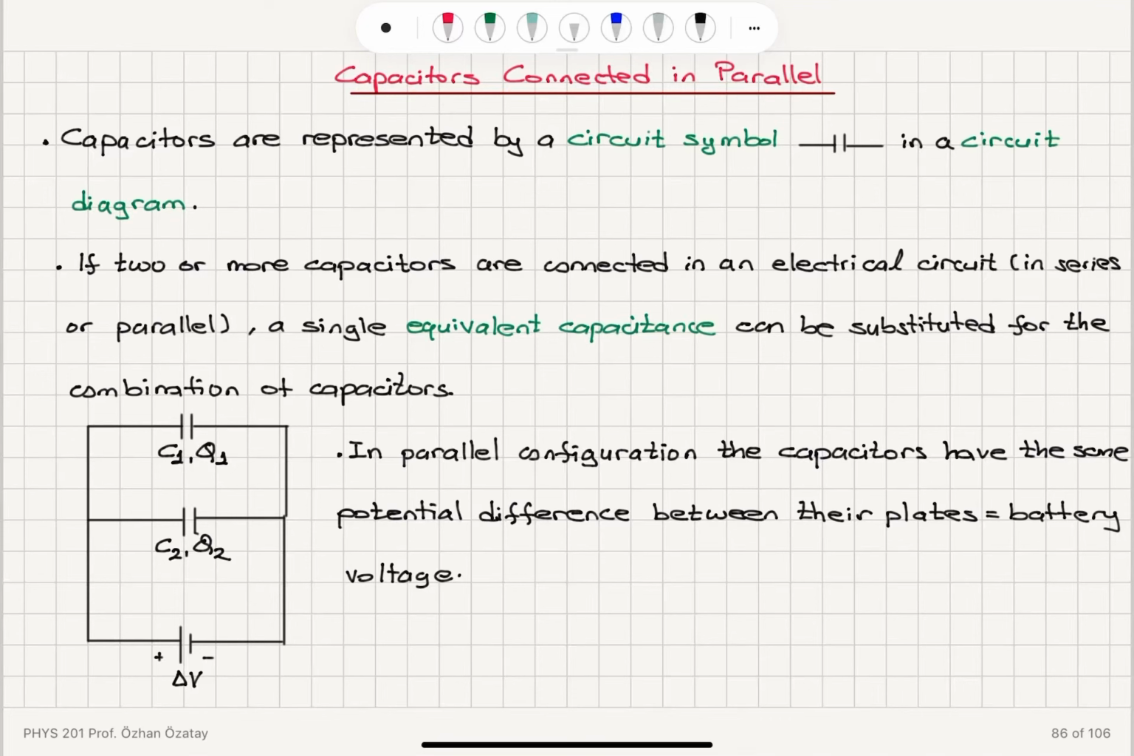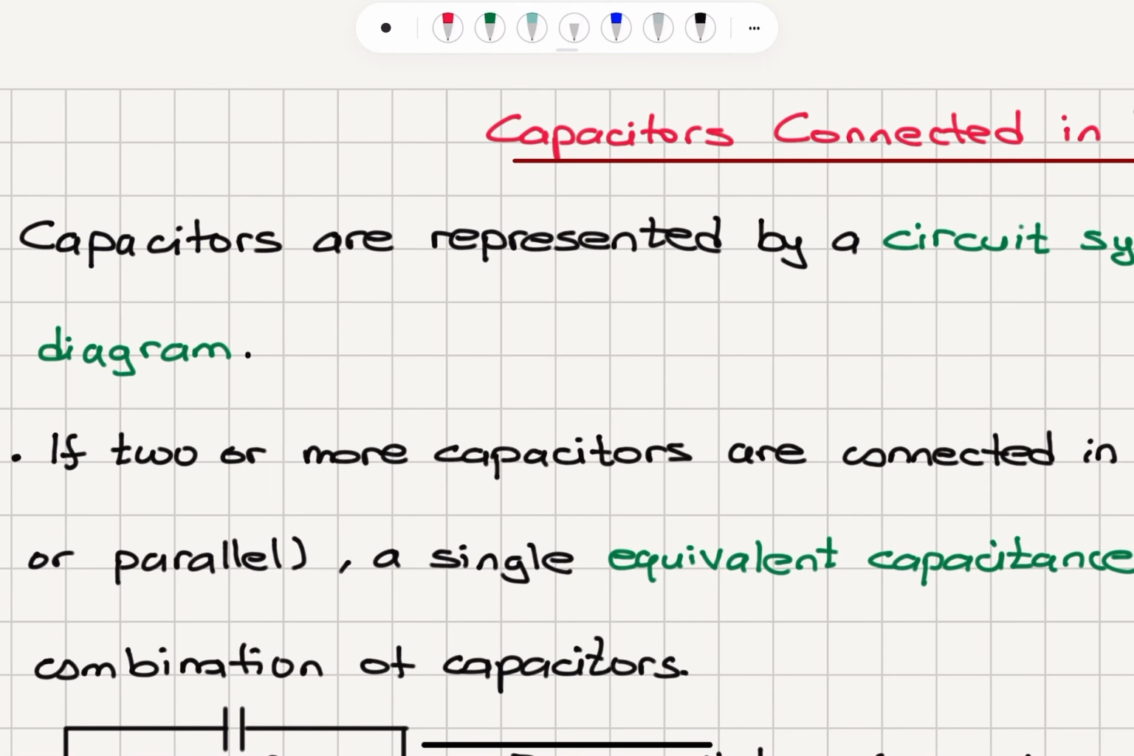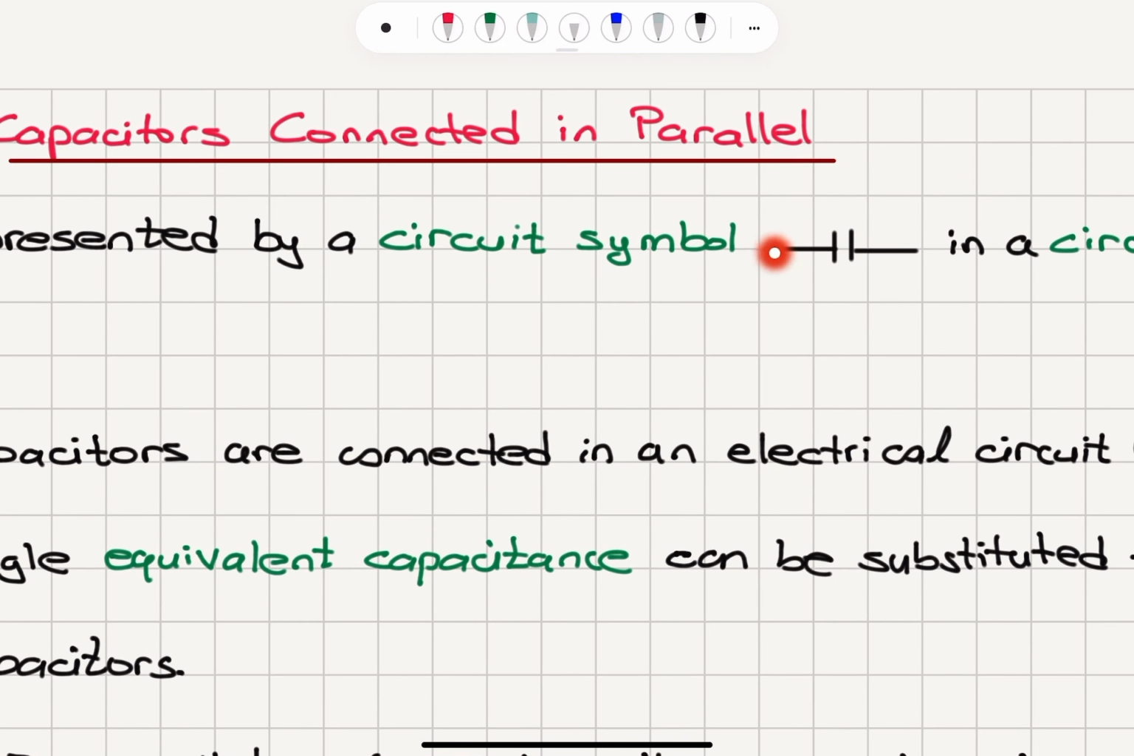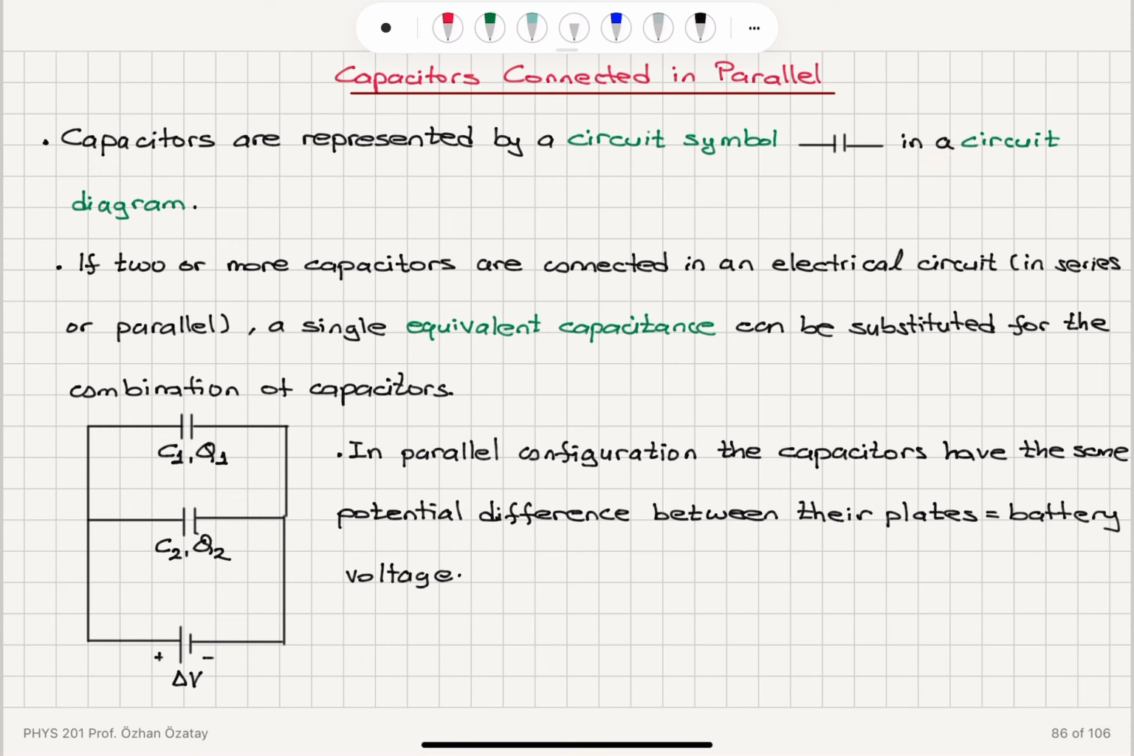Capacitors connected in parallel. When we want to represent capacitors in a circuit, we use a circuit symbol that looks like a parallel plate capacitor, two parallel plates. So that's the representation in a circuit diagram. Now we want to know what is the equivalent capacitance when we have two or more capacitors connected in an electrical circuit. We can have a series connection or parallel connection,